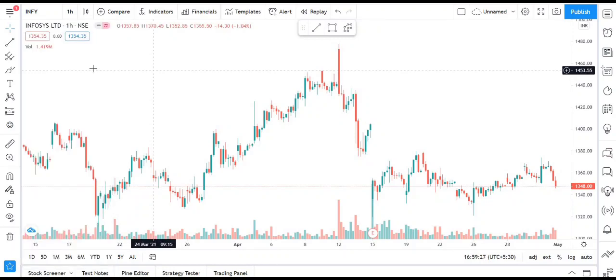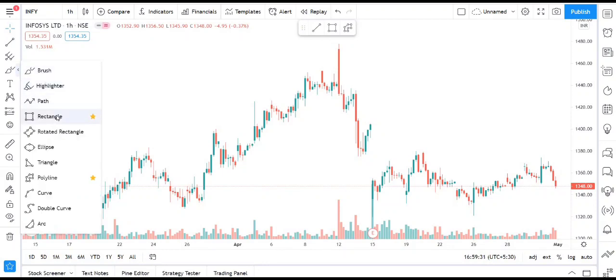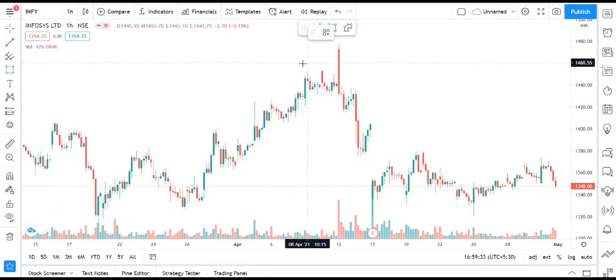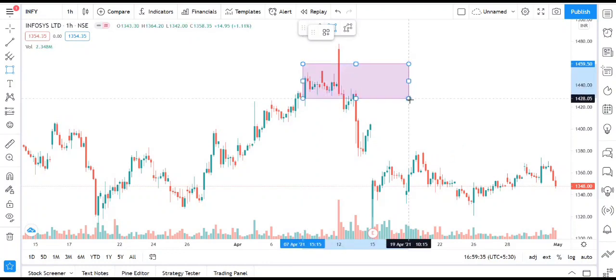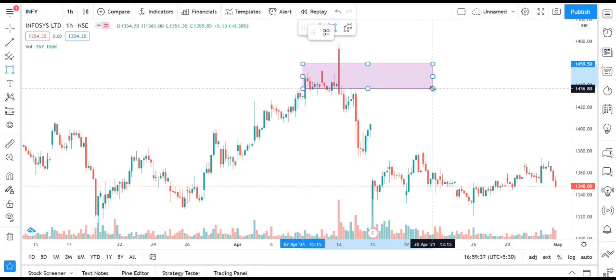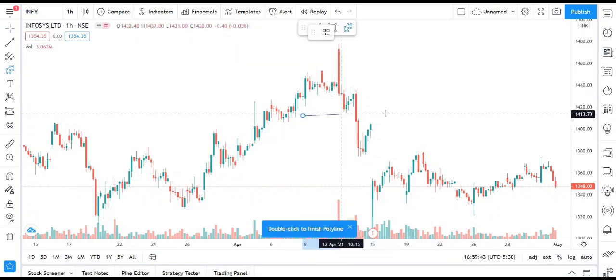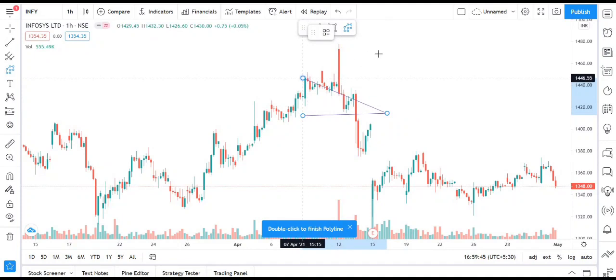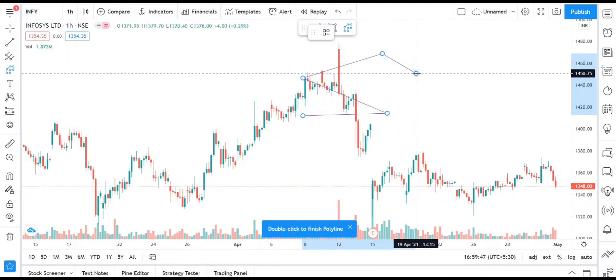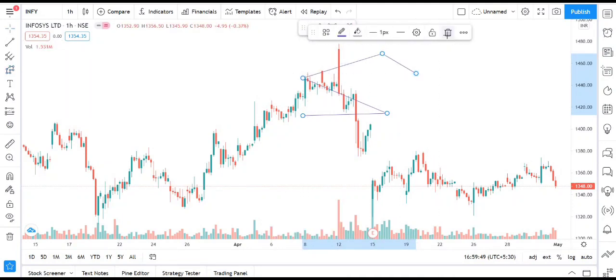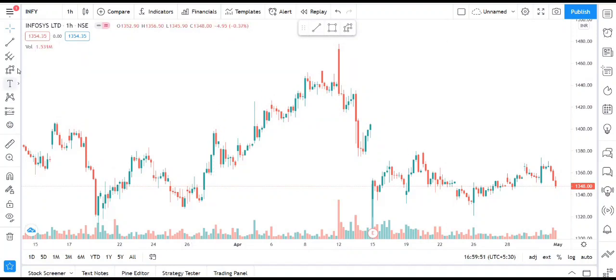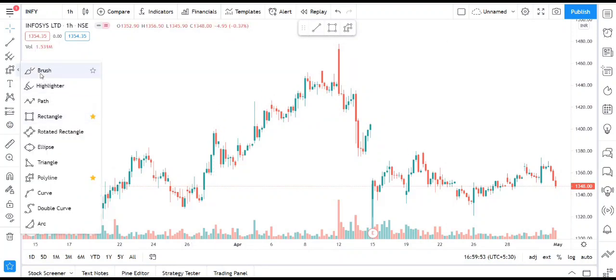Now here you can use the triangles. As I use the triangles a lot of times, in the analysis videos also you might have seen that I use this kind of triangles. So through this you can use these triangles, and you can remove them. This is a polyline. This line connects one point to another, and to another, so I also use it. This is also a very useful tool, and it is also available here.